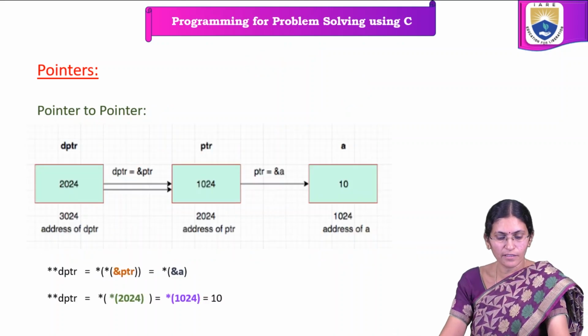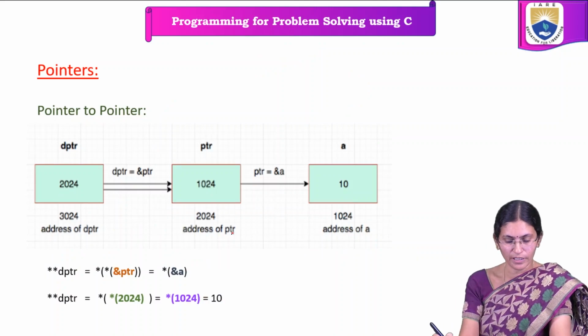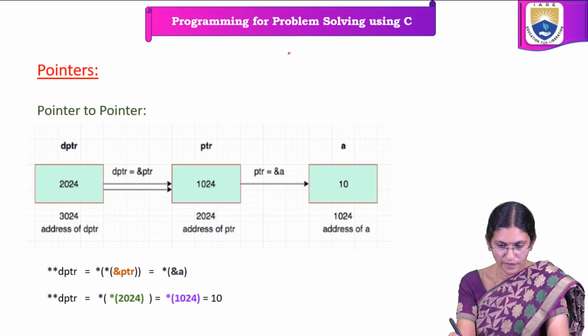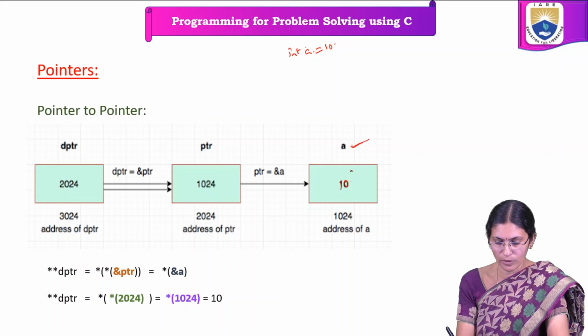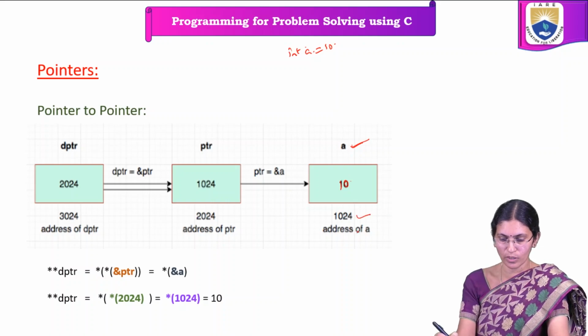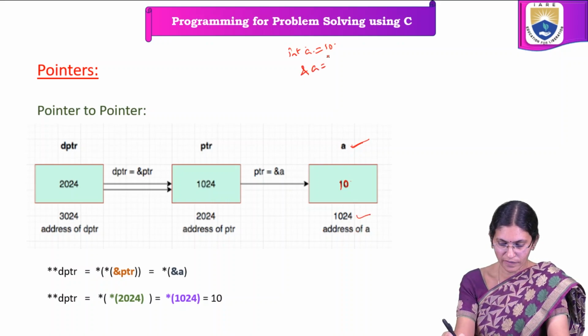Let us visualize it. What is a double pointer? So first, we have declared a variable A, with value equal to 10. In the variable A, the value is 10. It will have some address. So that address is given by 2000. So address of A is equal to